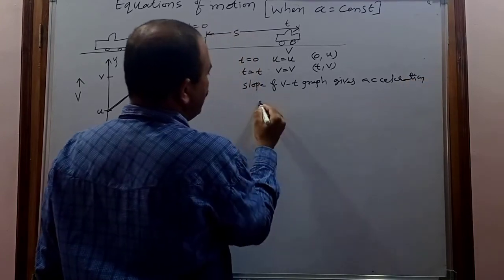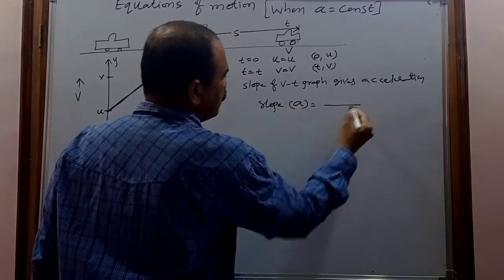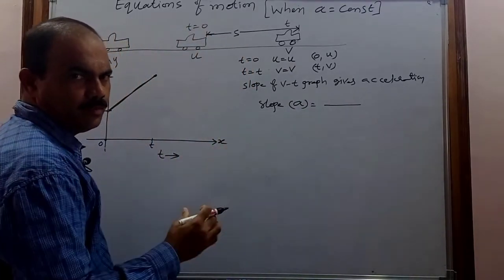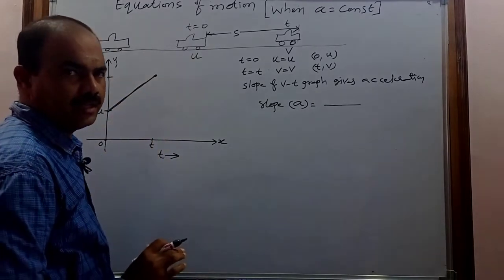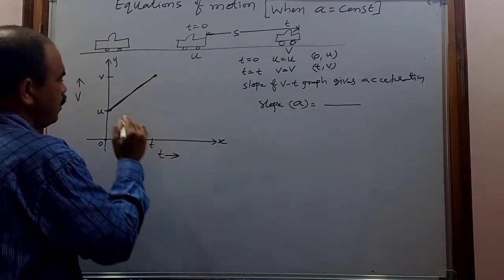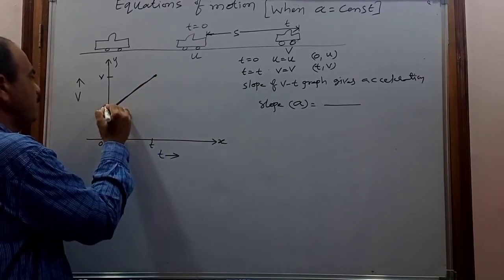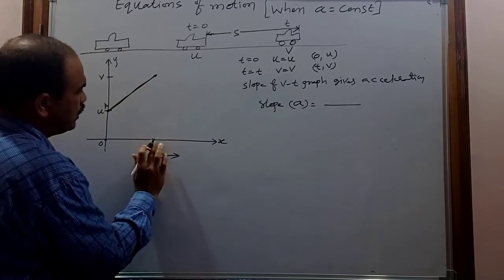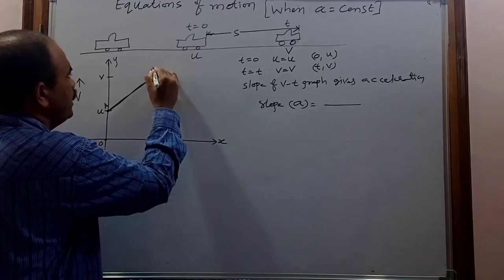So that's why here when we find the slope, that slope is nothing but the acceleration. So what is the slope? It is the ratio between the difference in the y coordinate to the difference in the x coordinate. To find the slope, I am taking 2 points on the graph. One is when time t equal to 0, A, and another one is when time t equal to t. So this is the point B.